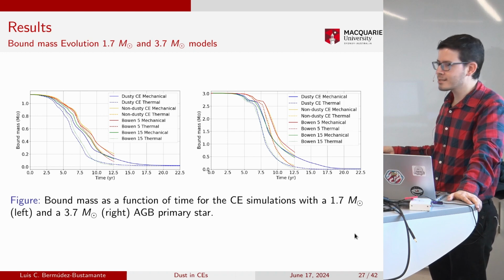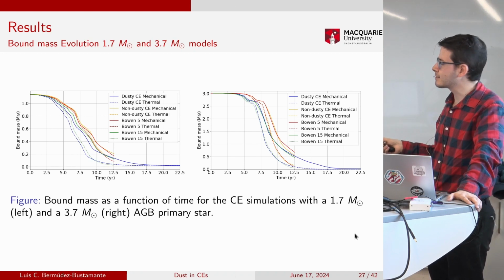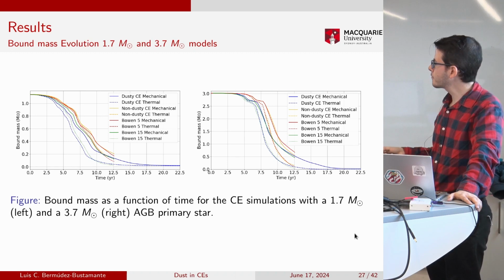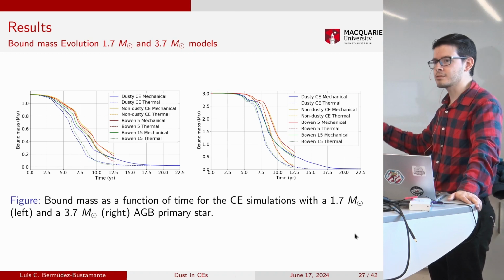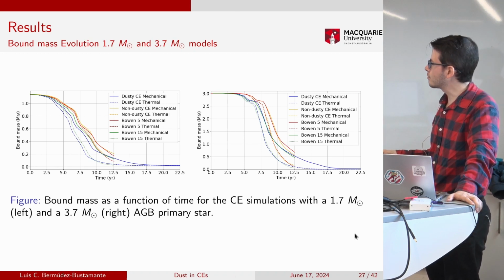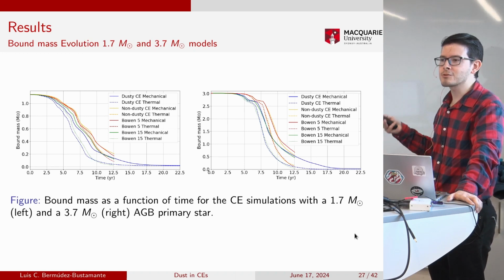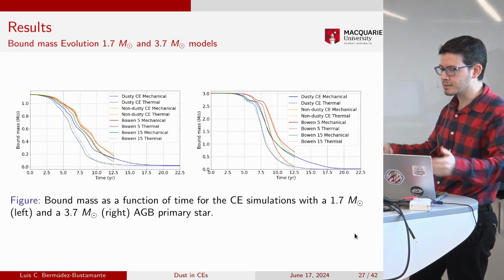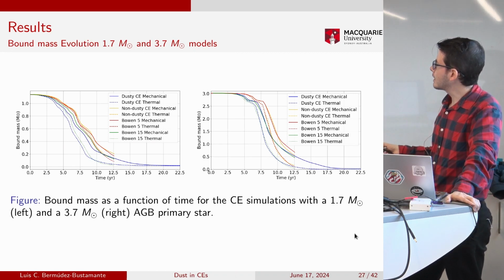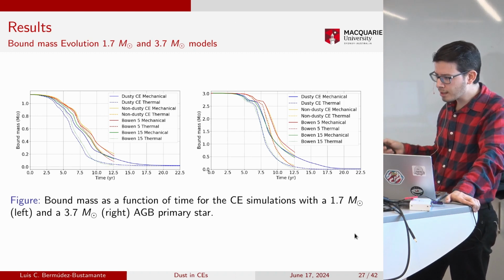But in the thermal criterion, apart from kinetic and gravitational, you consider the thermal component of energy. So you can see here that if you compare the dashed lines with the solid lines, the change is more evident. So the effect of recombination energy, because recombination energy is included in the thermal component, has a larger effect on the unbound mass. And why